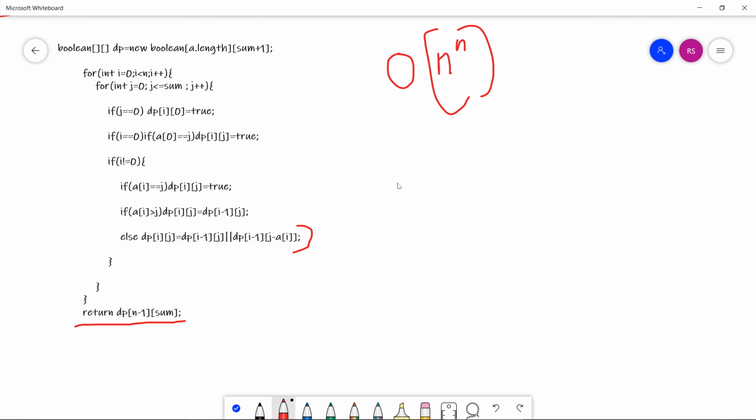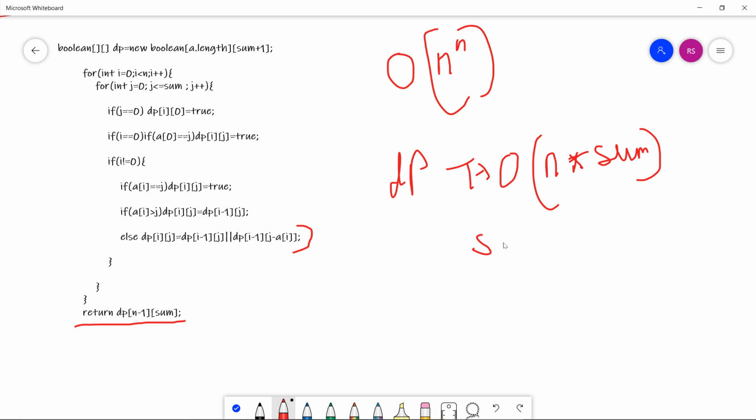And here we apply DP, so the time complexity is O(n times sum), and the space complexity is O(n square), because we are using